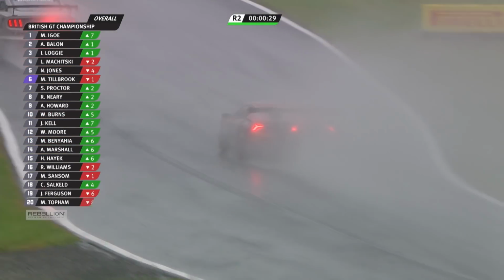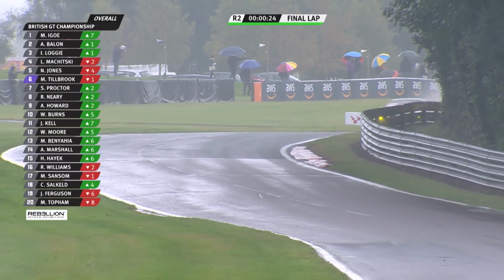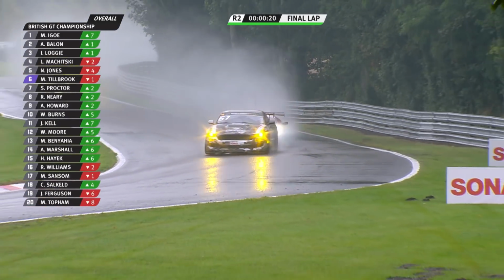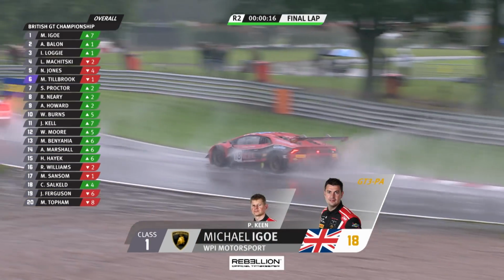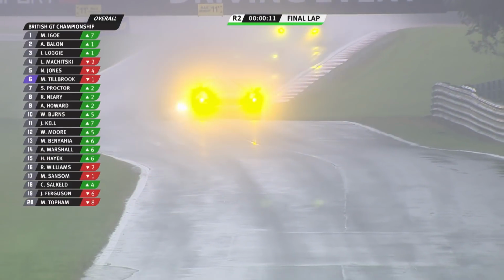Race control confirming to us that this is the last lap. 27 seconds on the clock up through the approach to Druids. There's confirmation on the screen. So Michael Igoe, who really only has one setting, and that is to really push, is underlining it, but the flag is imminent, and so heading then towards the end of the 8th round of the Intelligent Money British GT